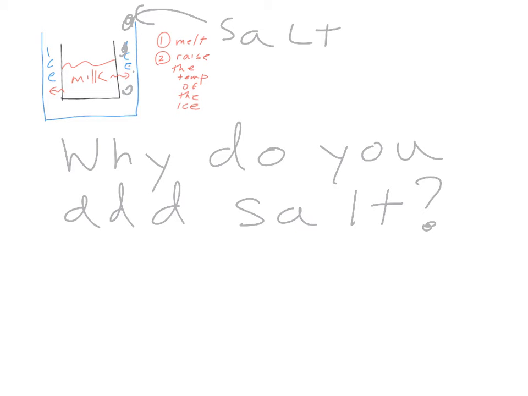Well, you know from simple observation that whenever it snows, salt is sprinkled on the roads in order to help make the ice on the roads melt. So you know intrinsically that salt causes ice to melt. But that's really not a good way to think of it. I'd like to think of it a different way.